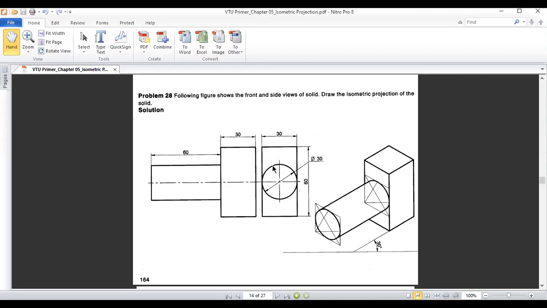So it is a circular cross section of diameter 30 mm, exactly at the center of the face of this prism. So this particular face, exactly at the center, has a diameter of 30 and a length of 60. This is how you are supposed to analyze this geometry, and then you have to start doing the isometric drawing. So let me show you how to do this in your manual sketching.